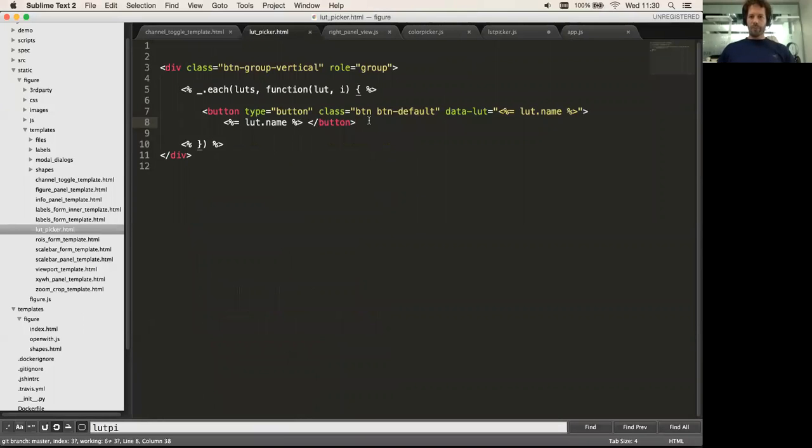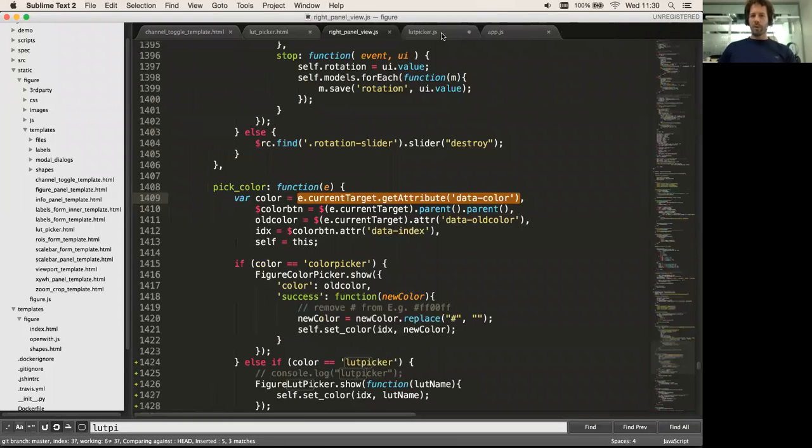To be safer, we'll add a specific class to this instead of just using one of the button classes. So let's put lut option here. So when we click on this option from the list,